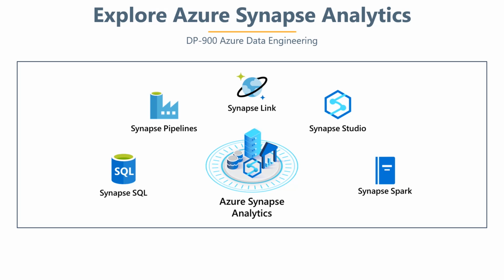Other than Synapse Pipeline, Azure Synapse Analytics is actually a bunch of multiple products. And then it can additionally have Synapse SQL Pool, which is going to work like a dedicated data warehouse for the organized structured data. You are going to have Synapse Link, which allows you to connect with the Cosmos DB in most of the analytical transactional processing. You are going to have a tool called Synapse Studio, which will give you some kind of